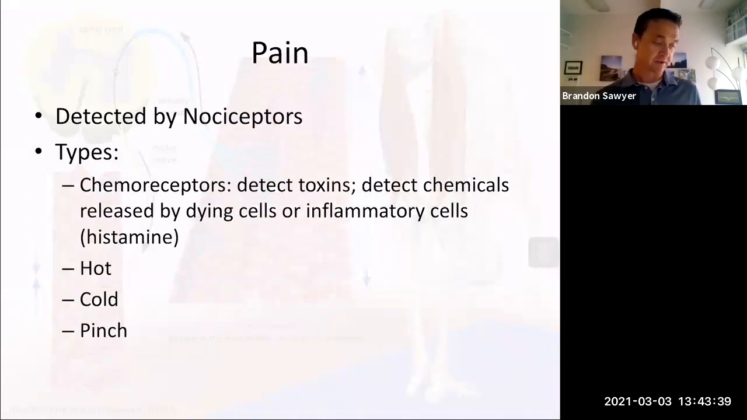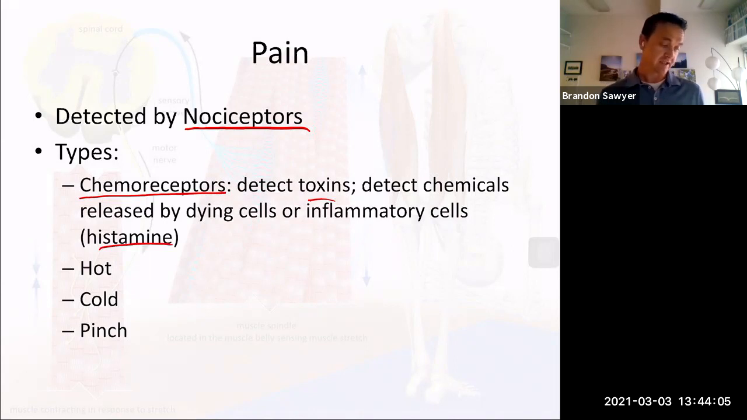Okay, pain receptors, I mentioned the name of these last time, nociceptors, okay? There's lots of different types of nociceptors, okay? So these could either be chemoreceptors, right? So they're detecting chemicals that could be potentially harmful for you, so toxins. One good example is histamine. It's a chemical released by inflammatory cells as part of the inflammatory process, partially what causes pain when you have